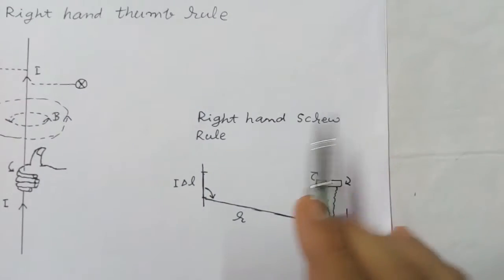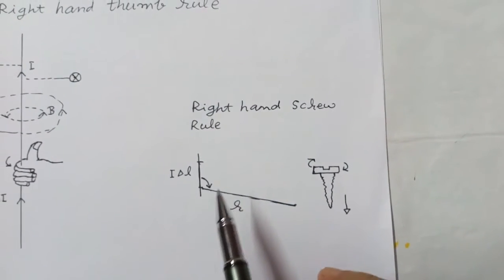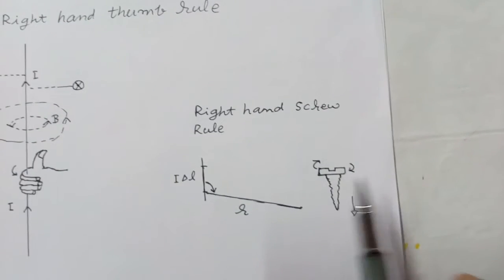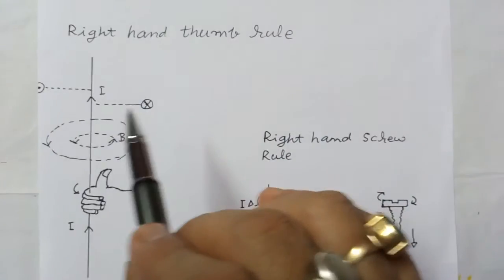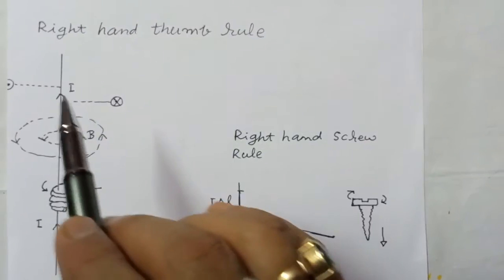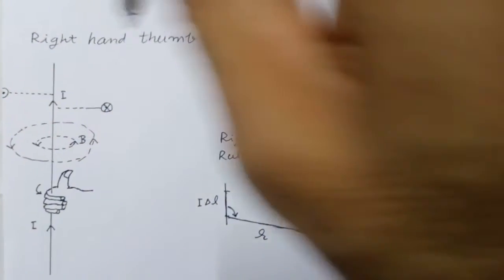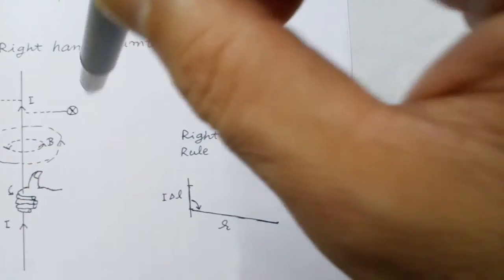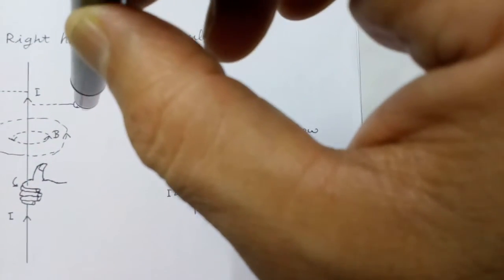You may also find the direction by Maxwell's right hand screw rule. I delta L cross R. So you are rotating the screw in clockwise direction, so this will move forward in this direction. So put the screw here and check I delta L cross R. You are rotating the screw like this. So this screw will move in inward direction, perpendicular to the plane of the paper and inward. So by Maxwell's right hand screw rule, direction is again perpendicular to the plane of the paper and inward.